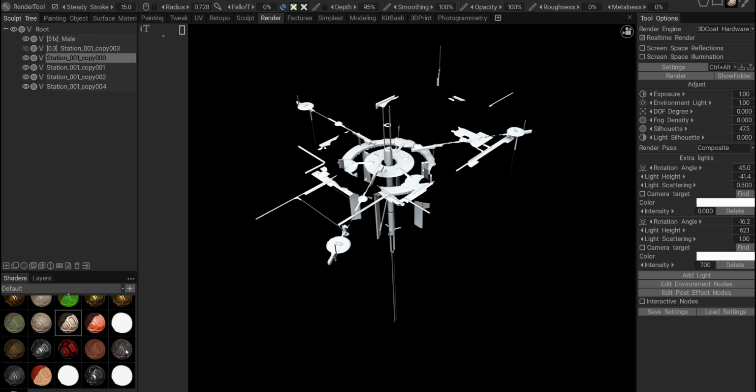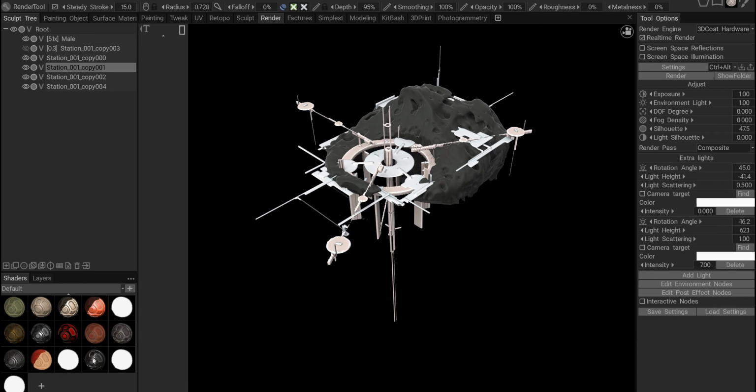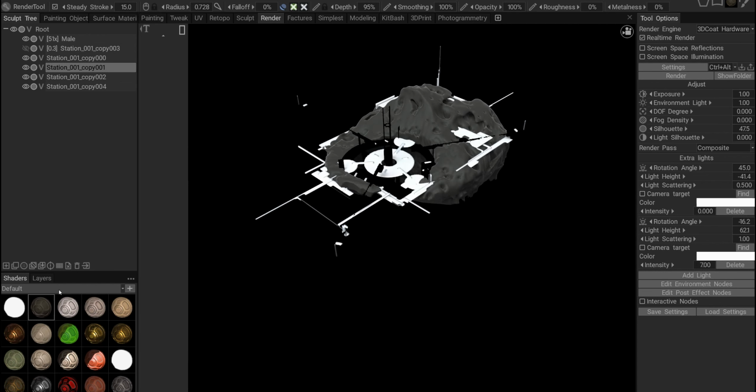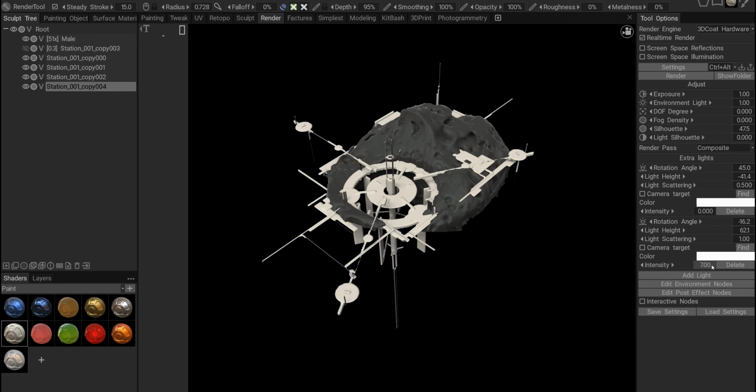So I'm playing here with the different materials, and that's really pretty much it for this whole sketch. Just trying everything, trying what can look better, changing the intensity,